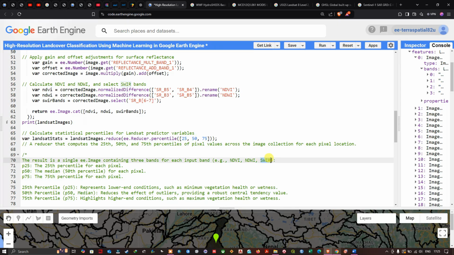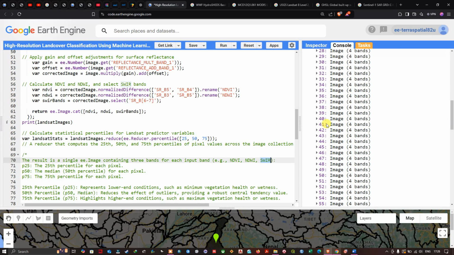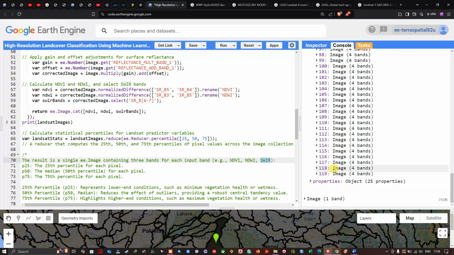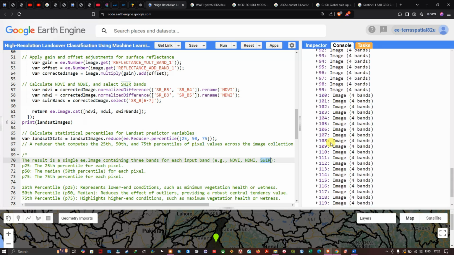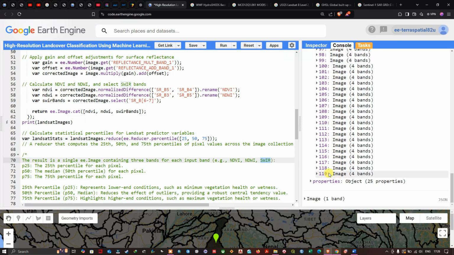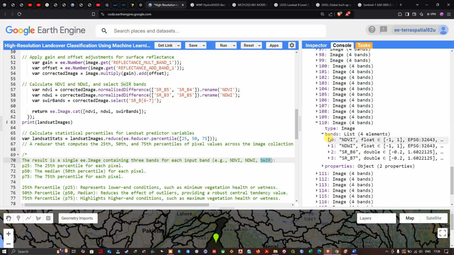So for example, in the console section, you can see we have a total of around 119 images. For each image we have around 4 bands. So you can see we have NDVI, NDWI, SR_B6, and SR_B7, and we are having a total of